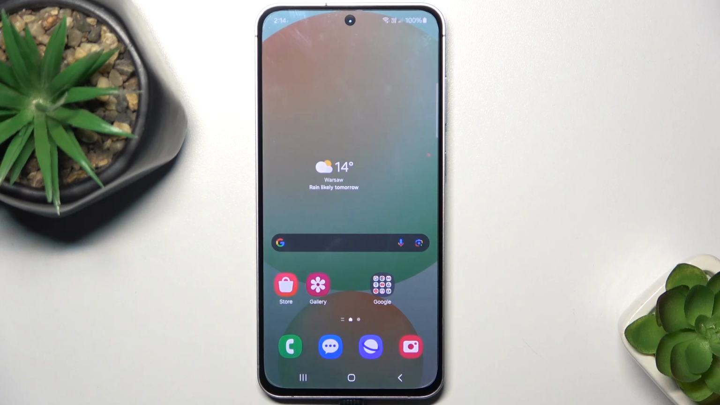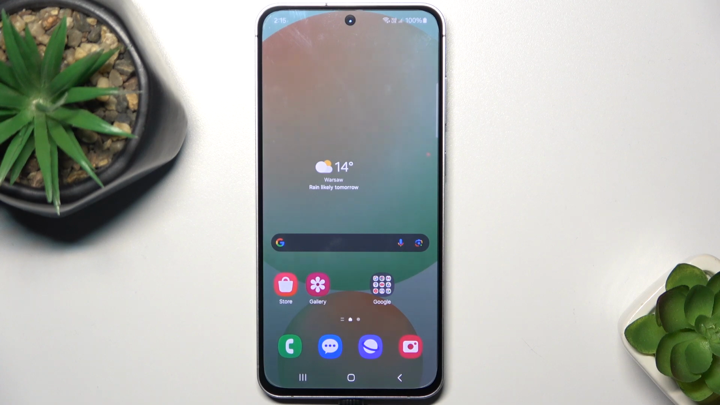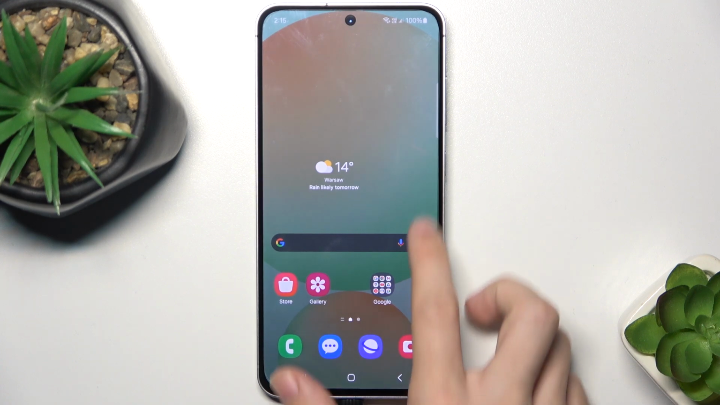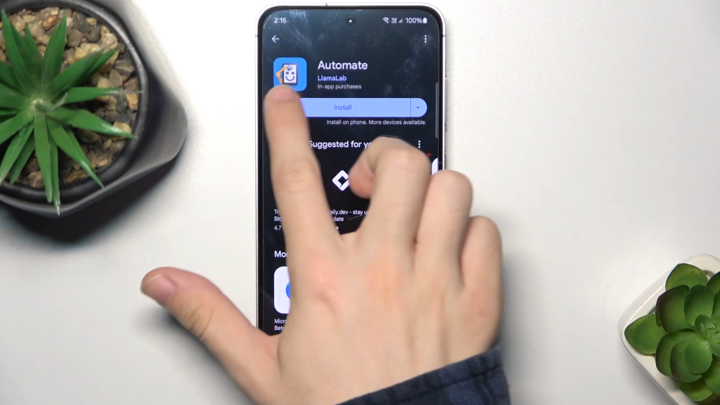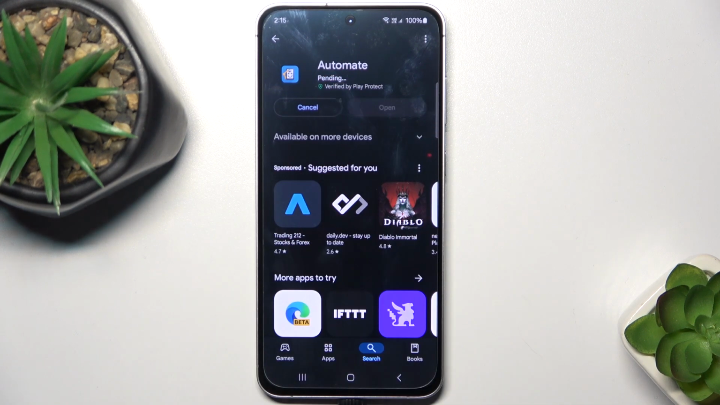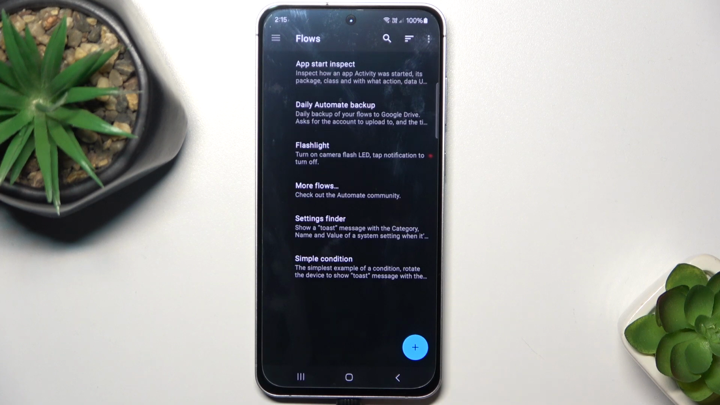Hello, in this video I'm going to show you how to create a macro on the Samsung Galaxy S24 FE. To create and use macros, you can go to the Play Store and search for an app named Automate, which has this icon. Click on install, and I'm going to take you through an example process of setting up an automation. Click on accept, and now click on plus,